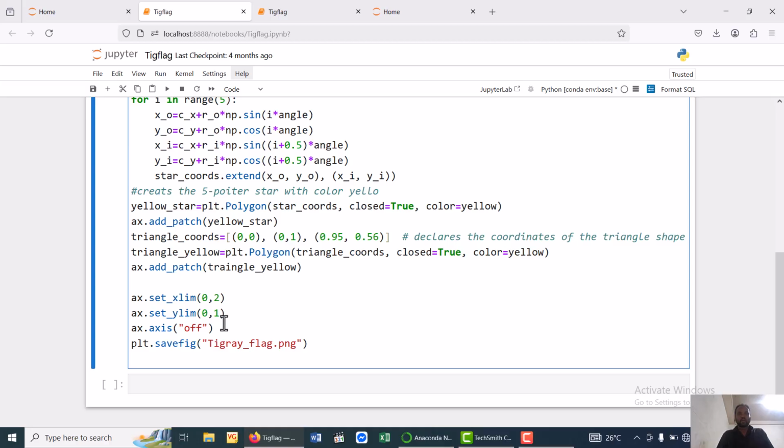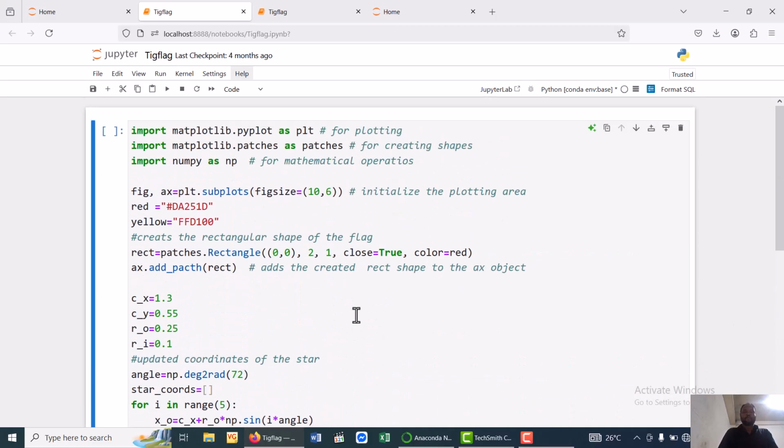Two things need to be done here: saving and showing. Then we also need to show the created plot, right? This function shows or displays the plot, and this saves the plot, naming it Tigray flag, right? So this code gives us the flag of Tigray. So if I hit shift and enter,